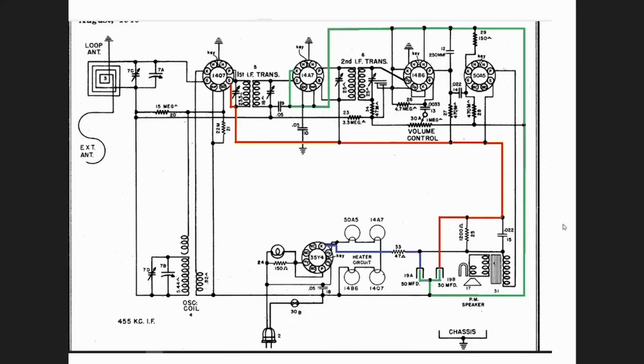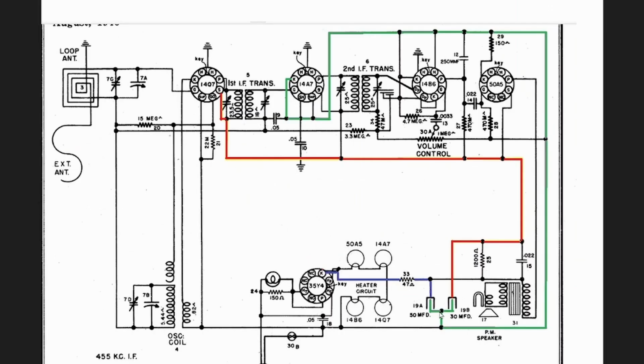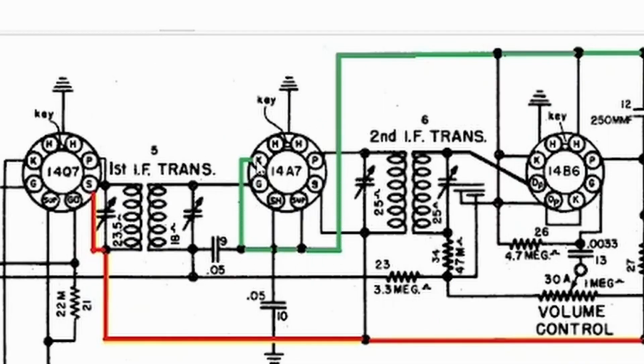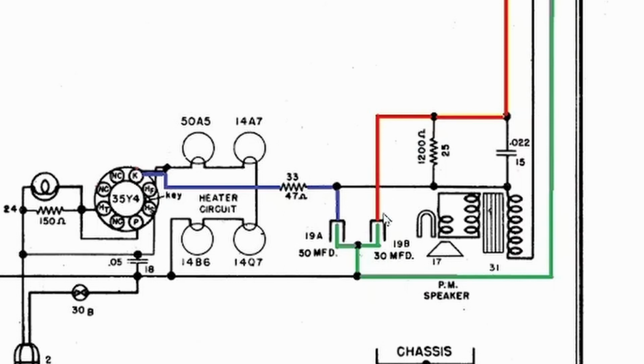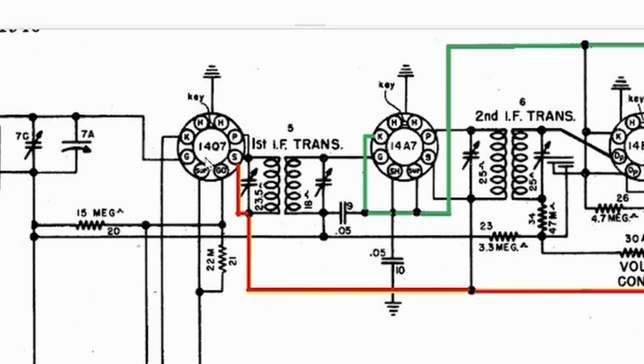Alright, now let's check the schematic, and this is a good thing to do for those of you just getting started, or who don't have an electronics background and want to learn a schematic a little better. What I saw under the chassis, now I'm going to trace down on the schematic. This is where the large capacitor is located. You see right here, this side is 50 microfarad, the other side is 30 microfarad. The green is the ground, or what we call negative. If you continue the green all the way down here, it's hooked up to pin 7 of 14A7. That's what we saw under the chassis. The red 30 microfarad, if you continue this red line, you will see it hooked up to pin 3 of